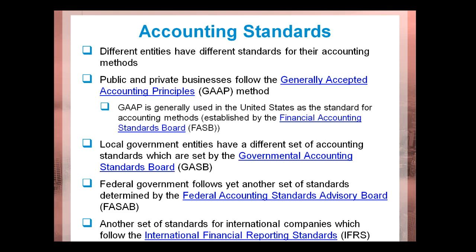So generally accepted accounting principles allow both public and private entities to know what is a recorded transaction and how it should be shown in the financial statements. Also, we have this Financial Standards Advisory Board, and these federal government agencies allow individuals to come together to determine what kind of standards need to be dealt with within the financial industry as well as within the government entities.